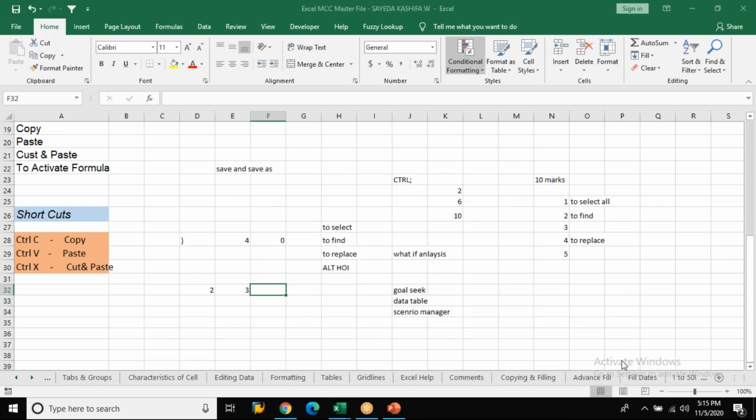Okay, wait. Save is saving changes. Save as is saving a new file. Fantastic. It's exactly the same thing. But now if I ask you what is a shortcut for save and save as?